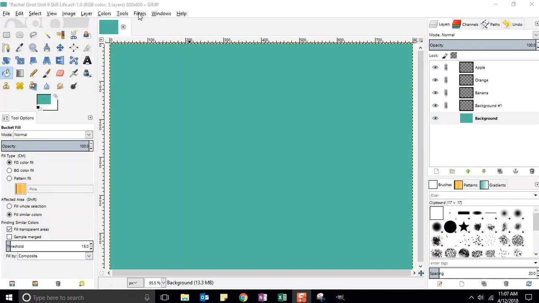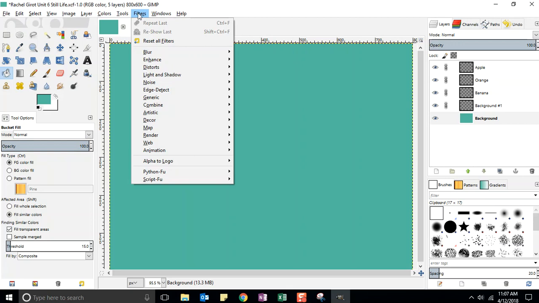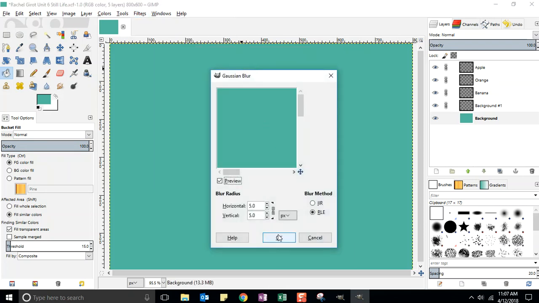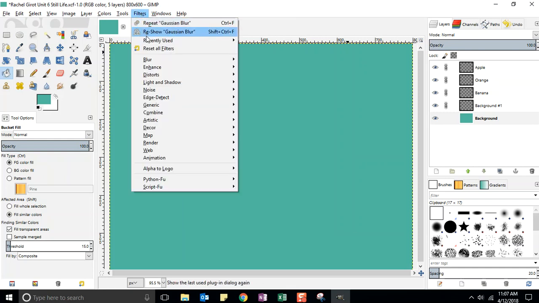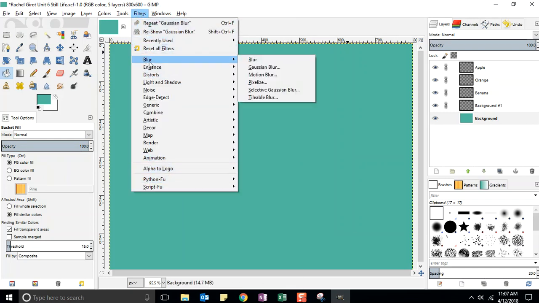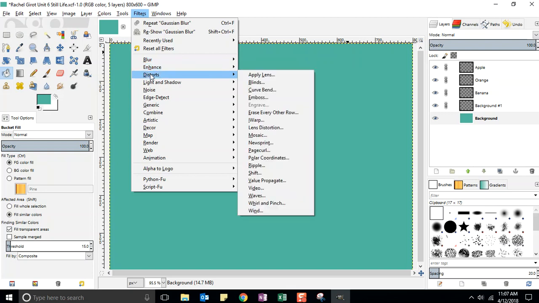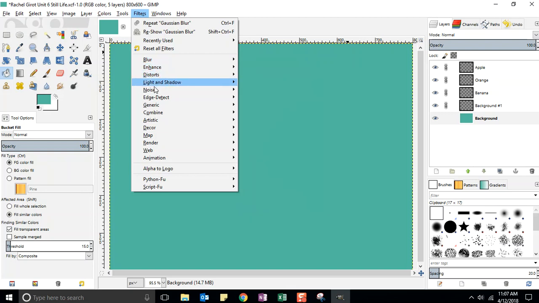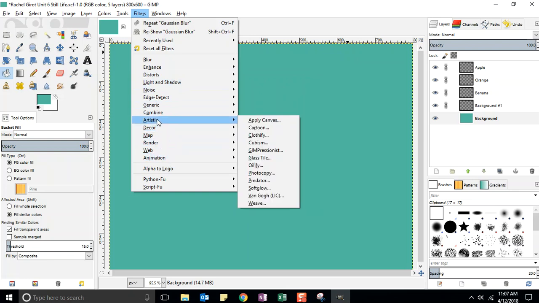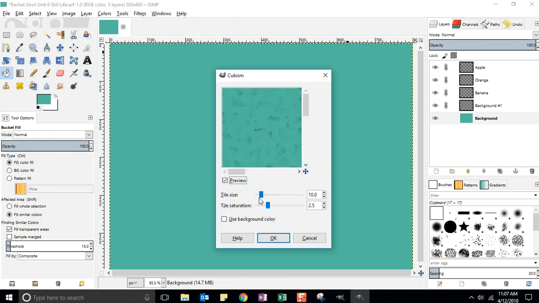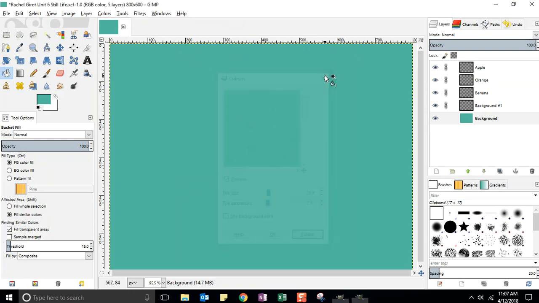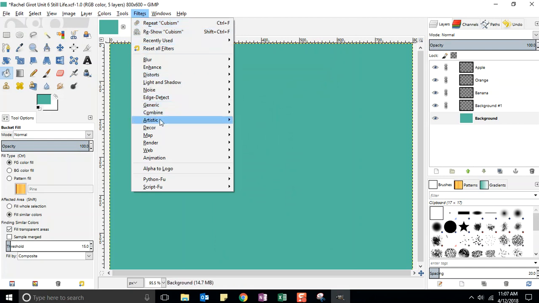Now, I want you to know that you have this really cool filters menu item up here, and you could actually use some of your filters to create, that one didn't really do anything. Let's see. Enhance, distort. I'm going to go down to artistic and maybe go with cubism. You can adjust this and get different looking tiles. Maybe not so crazy about cubism, but as you can see,